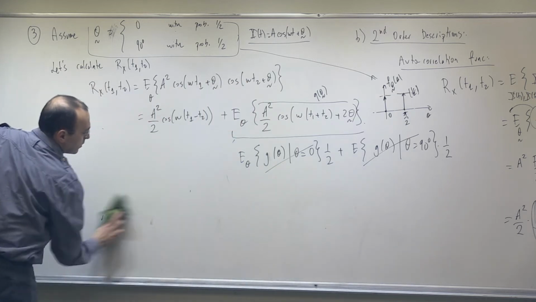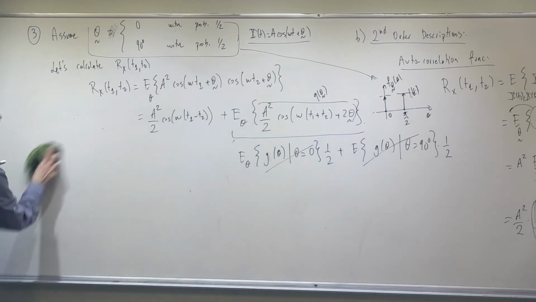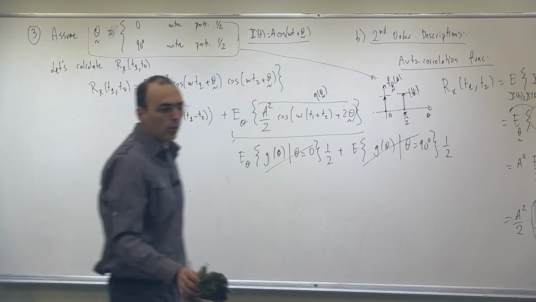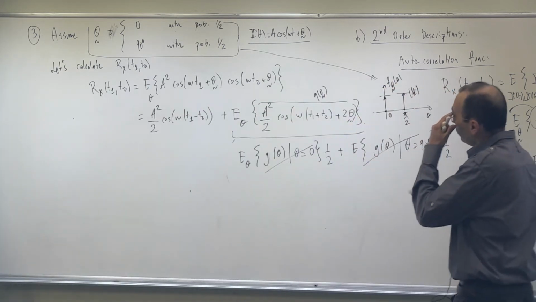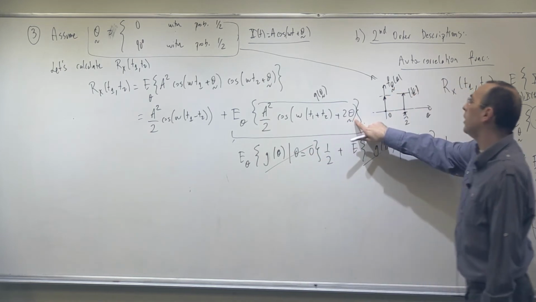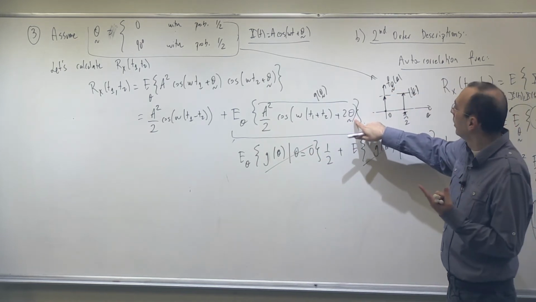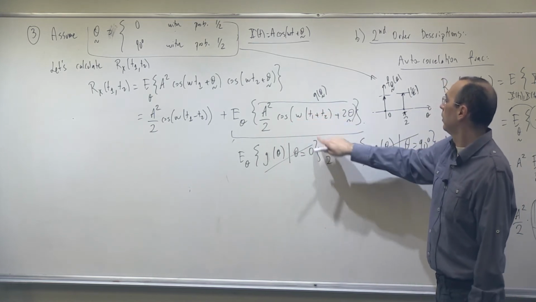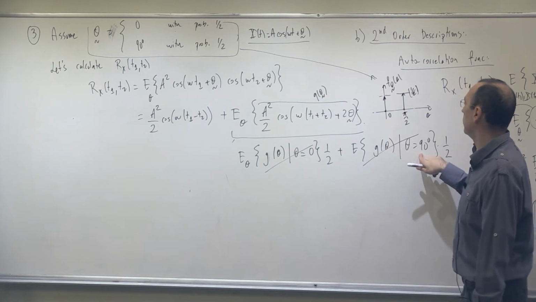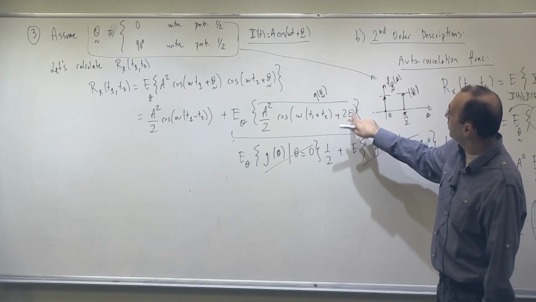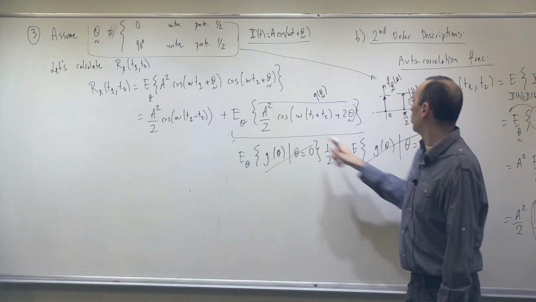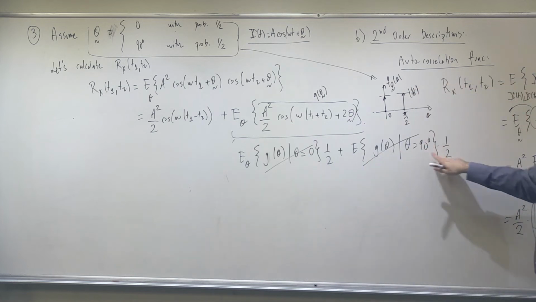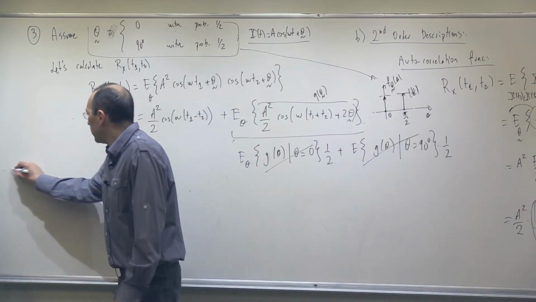This was some more understanding of this topic. But if you are an expert in this topic, then you'll be looking at this and saying that, okay, theta can take only two values. When theta is equal to 0, I have a square cosine this times 1/2. Then theta equal, well, 180 degrees, this becomes minus cosine. Then times 1/2, they cancel each other. That is the end of this discussion.